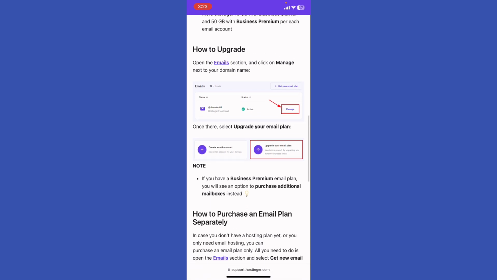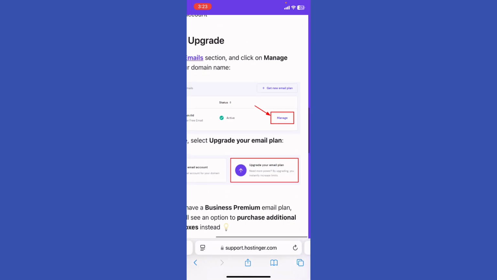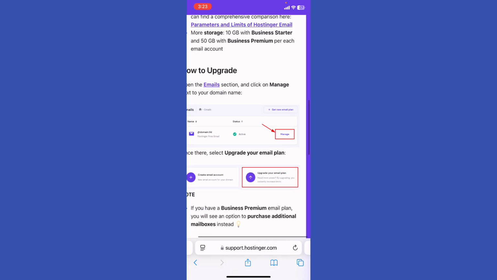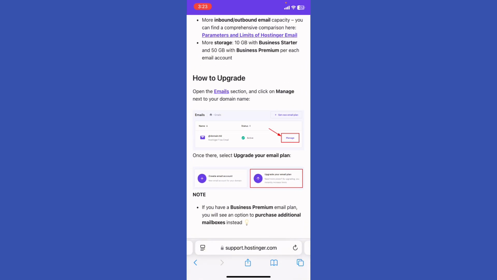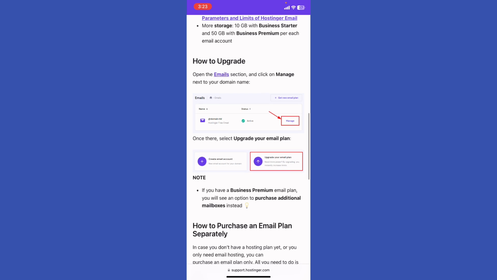If you want to just upgrade, open the email section and click manage next to your domain, and you can create a new email for your domain for free, or upgrade your email plan if you want more storage, more security. And for Business Starter, for example, you get 10 GB and 50 GB with Business Premium per each email